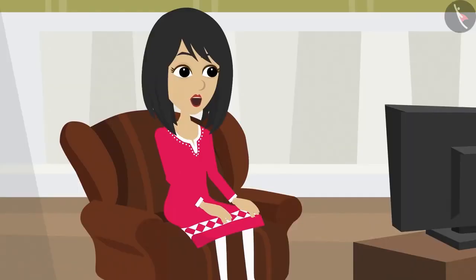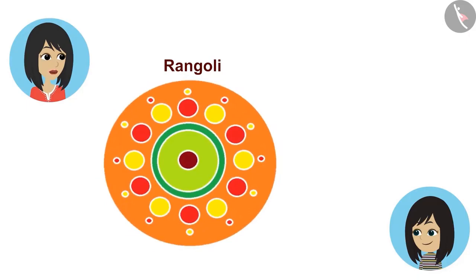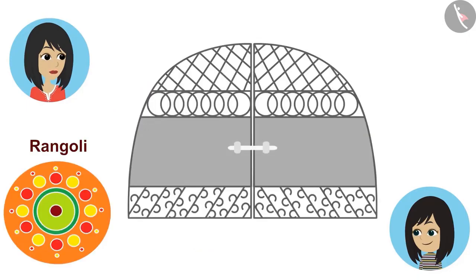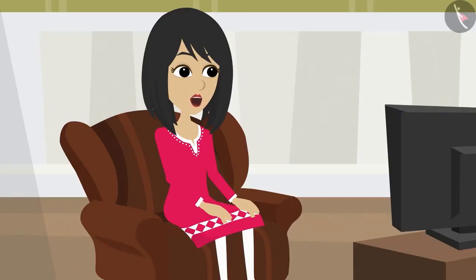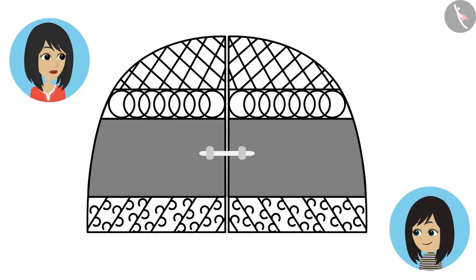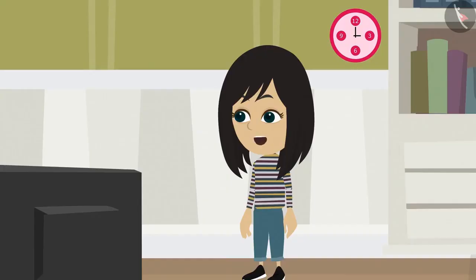Neha, the number of circles will be different in the different designs. There is also a difference in the way the circles are placed. Look, in the design of the rangoli, circles are not overlapping each other. But in the design on the gate, the circles are overlapping each other. Yes, so can you create designs like this too? Yes. See, there is one more thing to note. More shapes have been used in the design of the gate, along with the circles. So does this mean that circles can be part of a design that is not a circle?